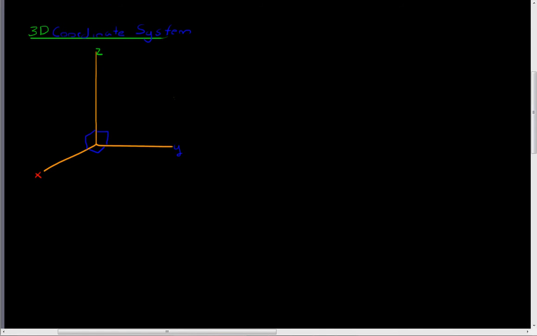So we have our position vector equal to x, y, and z, our axes, which is also equal to x hat plus y hat plus z hat. This means that our velocity vector can be expressed as